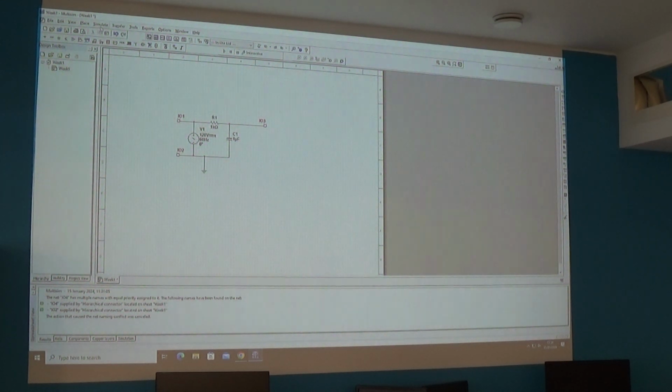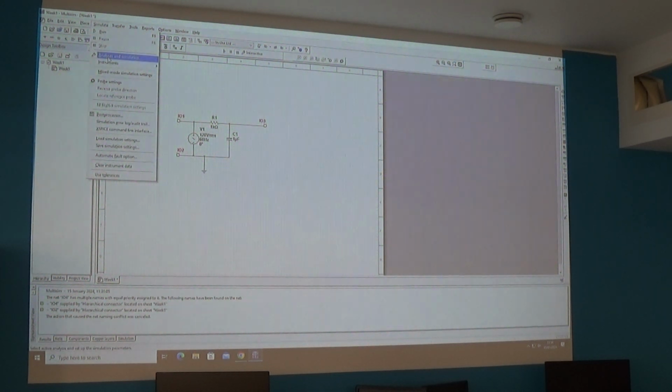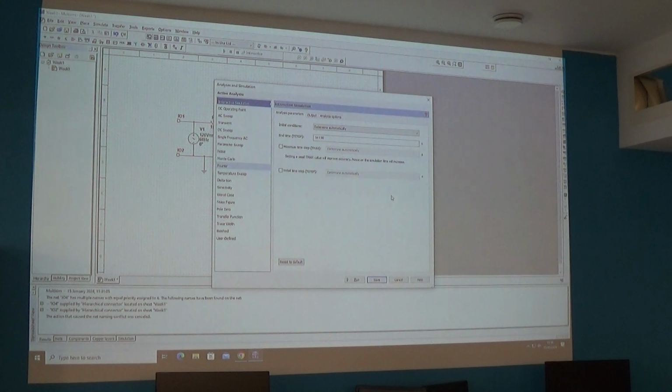Okay, so I go up to the top there and next to place, so we're not going to do place now, we're going to do simulate, and we're going to click on analyses and simulation. And the whole world opens up because we've got a window there with lots and lots of different simulators in there. Now look down that left-hand side there. Interactive simulation, DC, AC, transient, DC sweep, single frequency AC, Monte Carlo, noise, Fourier, temperature sweep, the list goes on and on and on. Pole zero, plots, transfer functions, all of these are pieces of terminology that you'll come across